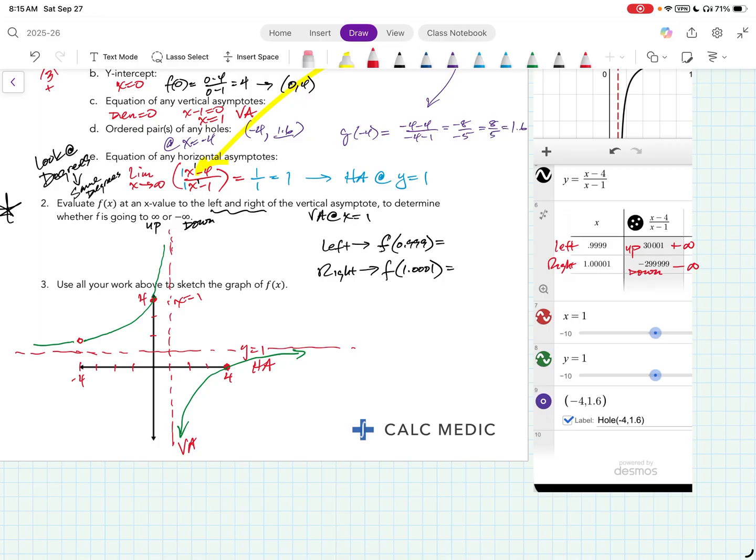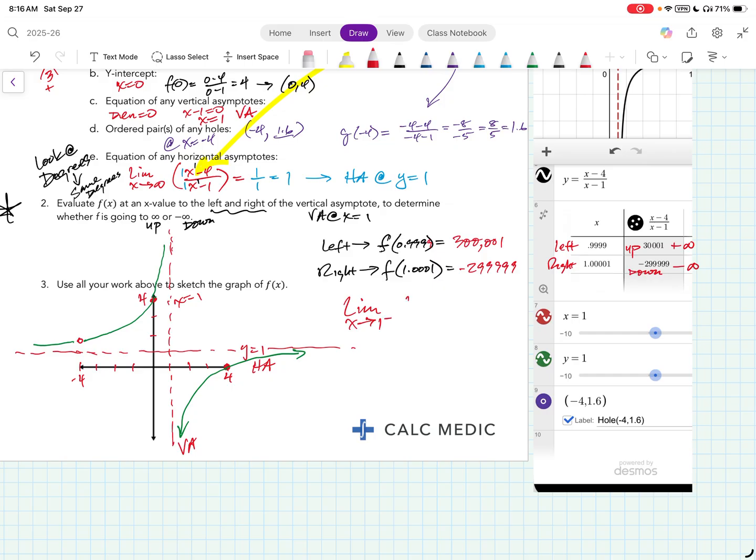So this is about 300,000, or actually I put another 9 in there, so 300,001. And then this one here is negative 299,999. This suggests now that the limit of the function as x approaches 1